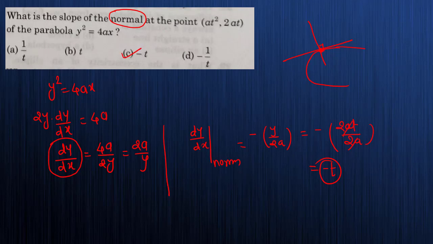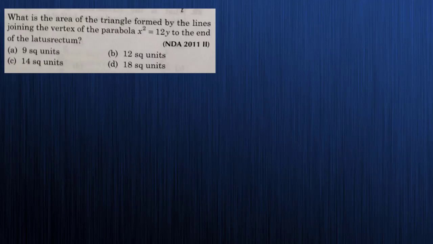I hope you are getting this. Okay, so from the given equation of parabola we found the dy by dx, which is nothing but the slope of this parabola, and उन्होंने normal का पूछा है, so we have taken the inverse and negative because m1 m2 is equals to -1. This formula we have used here, and we have substituted the given point in the slope of this normal, and we are getting the value as minus t, which is nothing but the slope of my normal.